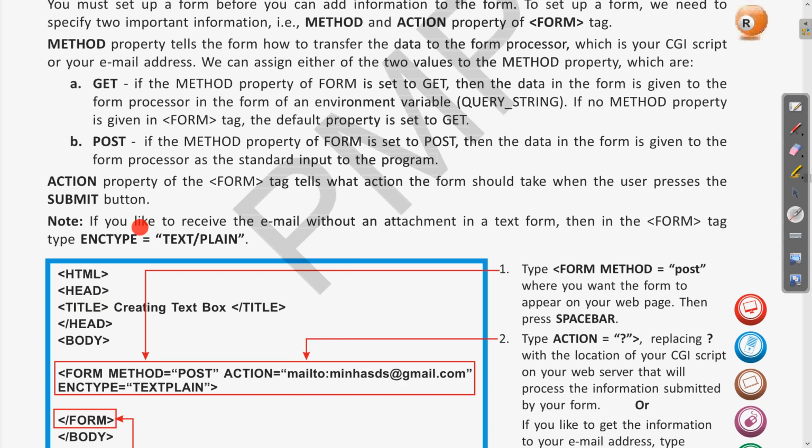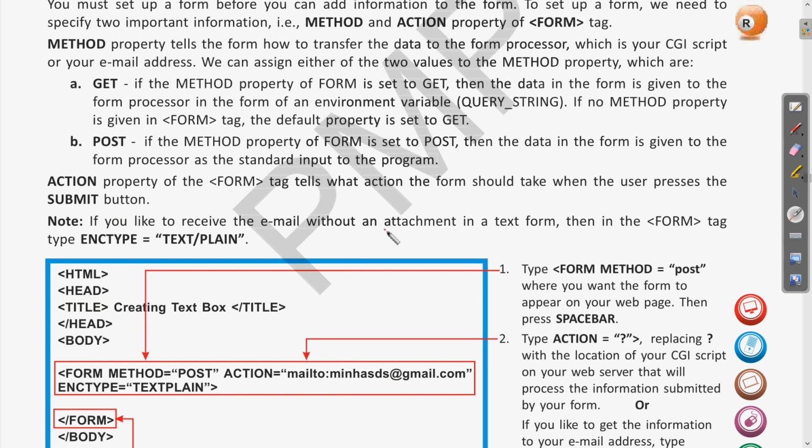If we like to receive the email without an attachment, in a text form, then in the form tag, enctype is equal to text/plain, that is the enclosure type is equal to text plain. Clear? So this is the attribute which we are mentioning in the action, that there is no attachment in this form. So whatever mail it is sending the information to, there will be no attachment.